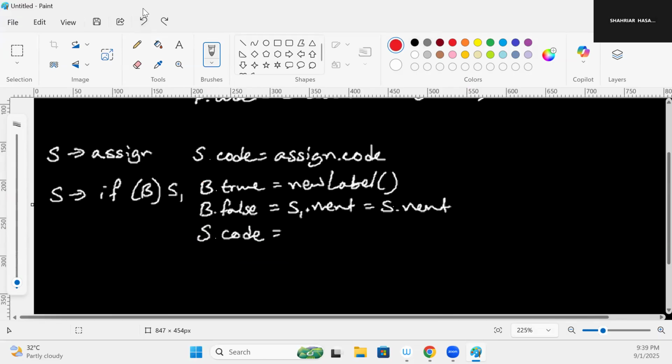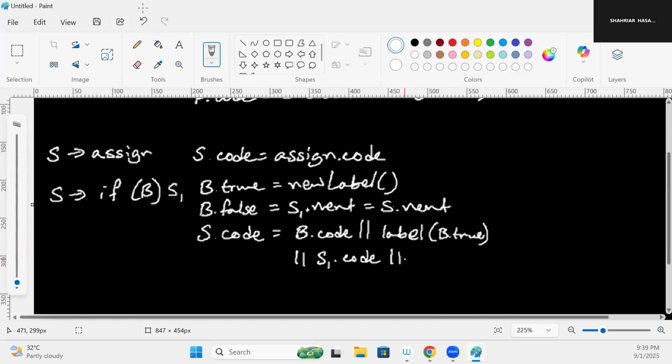Now S dot code will be basically whatever the B dot code is, we will append the label of B dot true. Then with that, we will append S1 dot code. With that, we will append or basically generate